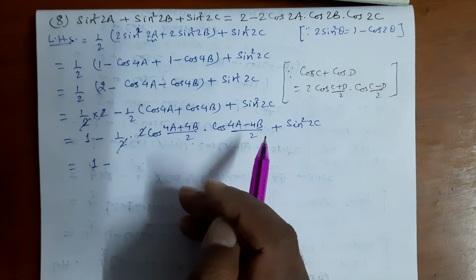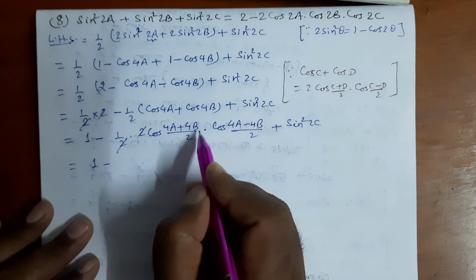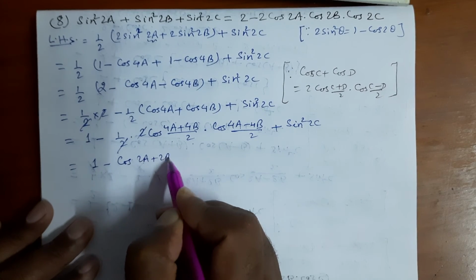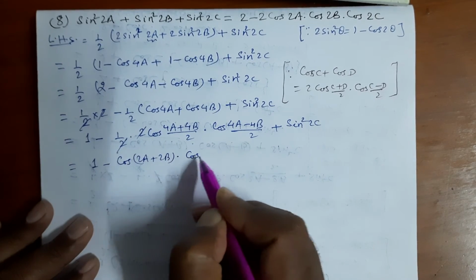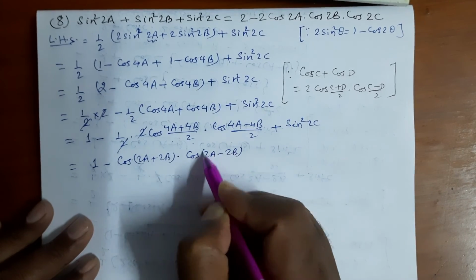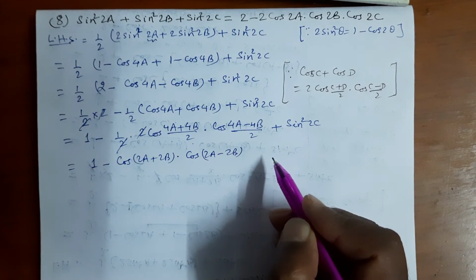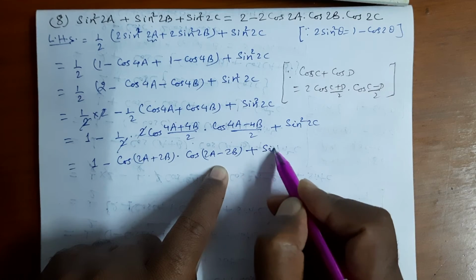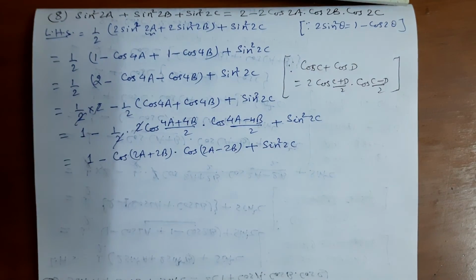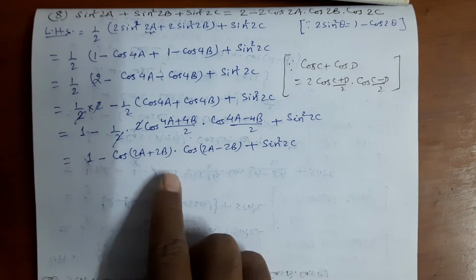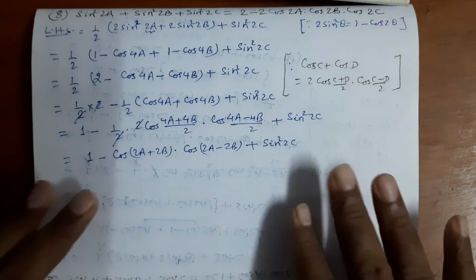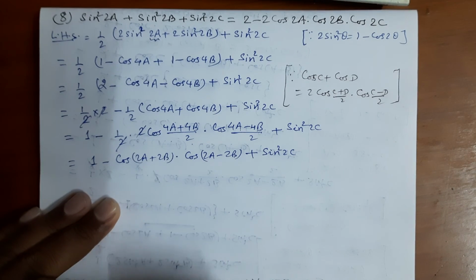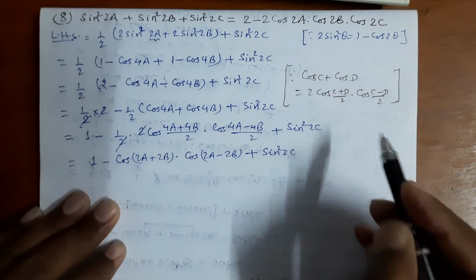and we can leave 1/2 inside there, so it becomes 2a plus 2b. In other words, 2 times 2 is 4, yes, cos(2a plus 2b), and here cos(2a minus 2b). When you divide this numerator by 2, then we can get this after simplification, plus at last we have sine square 2c. Here I haven't taken out 2 common because a plus b plus c equals 180 degrees. If you multiply both sides by 2, then the relation for 2a plus 2b can be obtained.